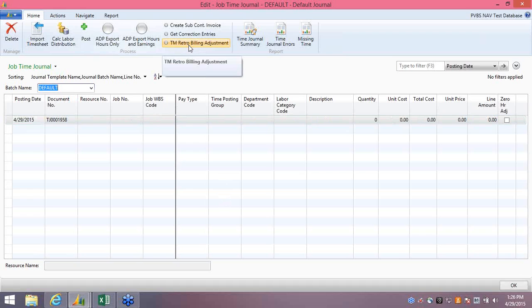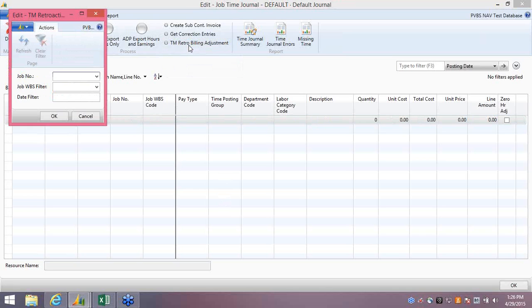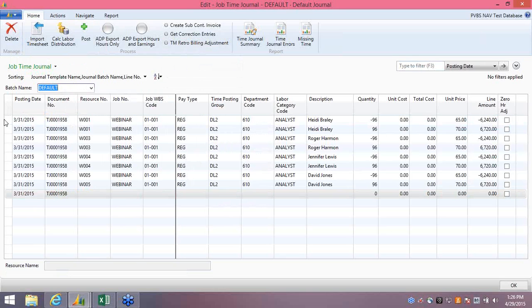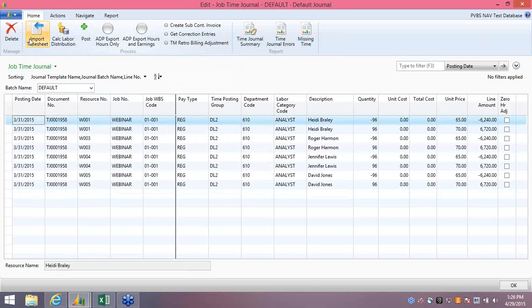We're going to click on TM retro billing adjustment. And when we do that, we get a box that pops up and asks for the job number. We're going to type in the WBS code. And the date filter is 3/16 through 3/31, since that's the period we're going to correct. And as soon as you click on OK, you'll see that NAV automatically generates a job time journal,